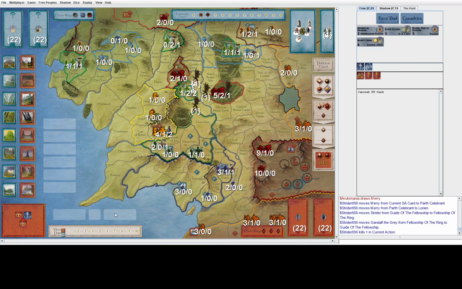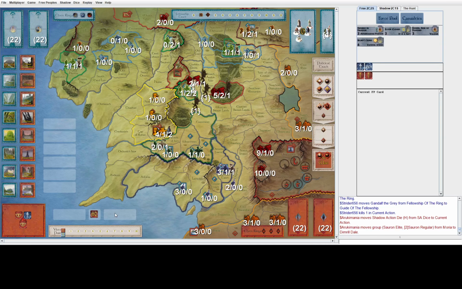Okay. Let's see. I think I'm going to use a character action. Let's move an army. You can move 2 armies with that. I can. So I would like to move this army onto the fellowship. I want all the rerolls. Yep. And then I am going to move